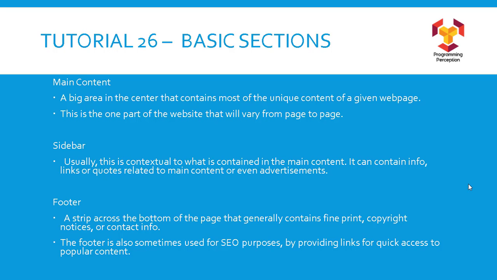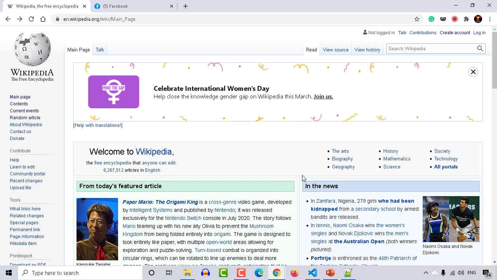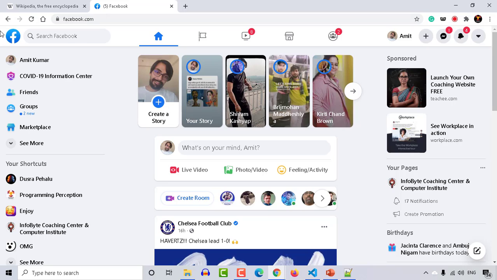Now it's time to see these things practically. Friends, we have not done CSS yet, and it's not possible for us to provide those stylings to our page with those sections. But right now, we can definitely understand what these sections are. For example, if I talk about the header, this page has a header right over here. The header of this page is very small, right? Let me show you a header of another page on Facebook. You can see this header.